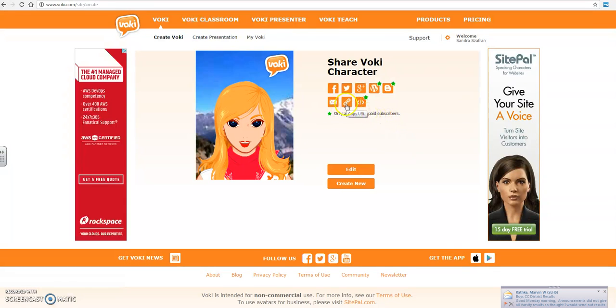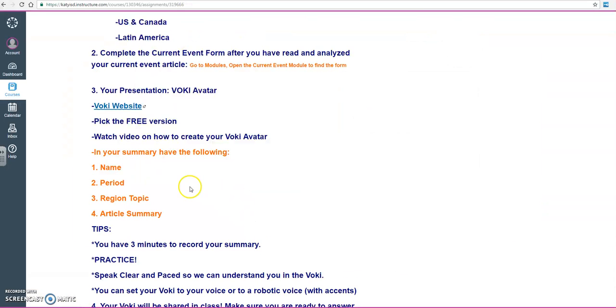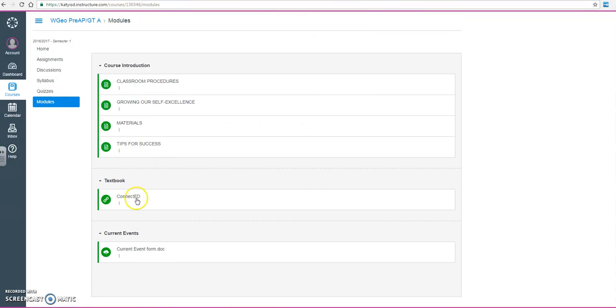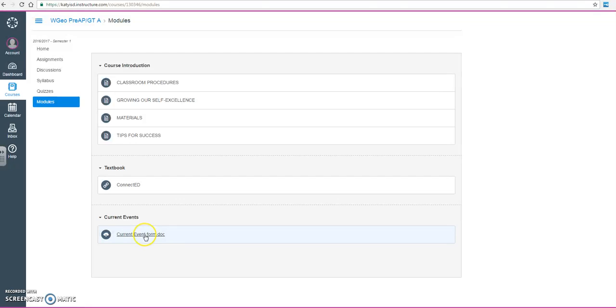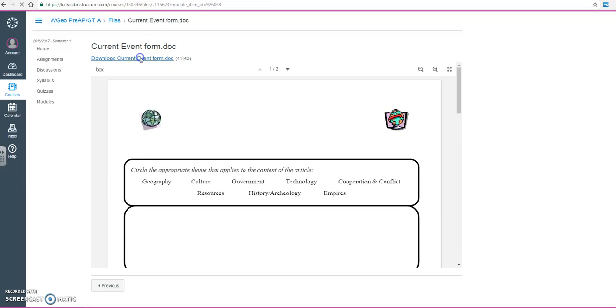So how you're going to submit it is you're going to click on the little link, and you're going to copy the URL. So you're just going to highlight it, copy the URL. Then when you go back to Canvas, you're going to go to Modules. You're going to get your current event form, and you're going to download the current event